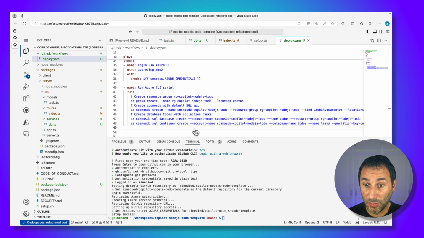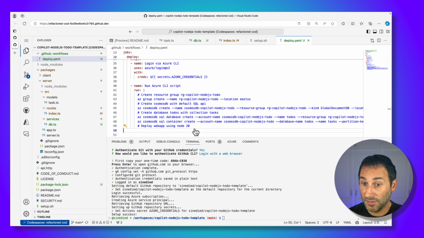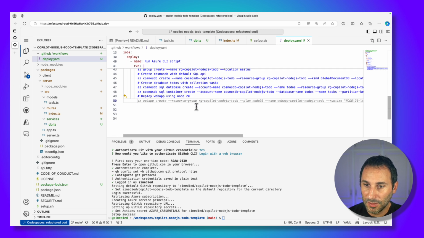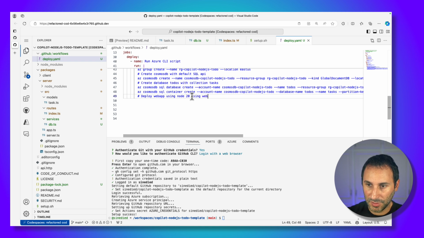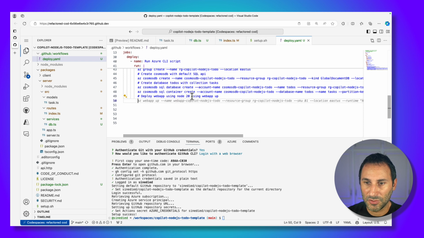Next, we want to create and deploy our web app using Node 20. Is there maybe another suggestion? I think there's the up command, using web app up. Maybe let's try. Okay,